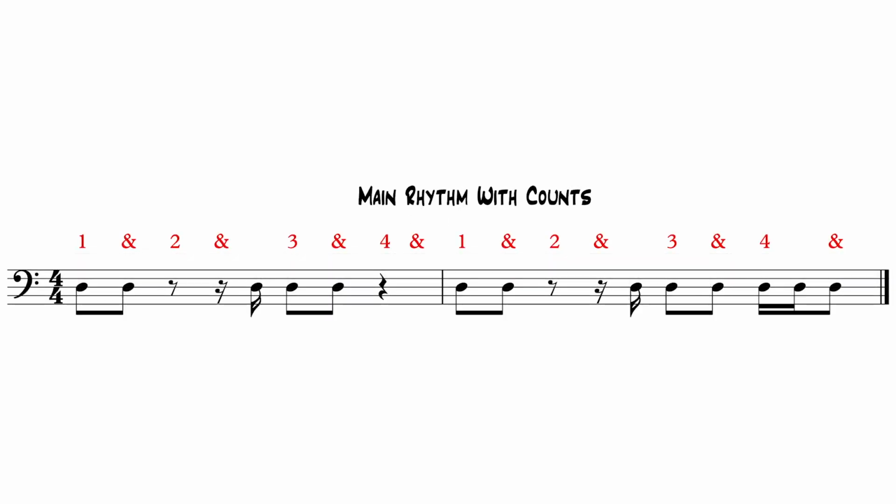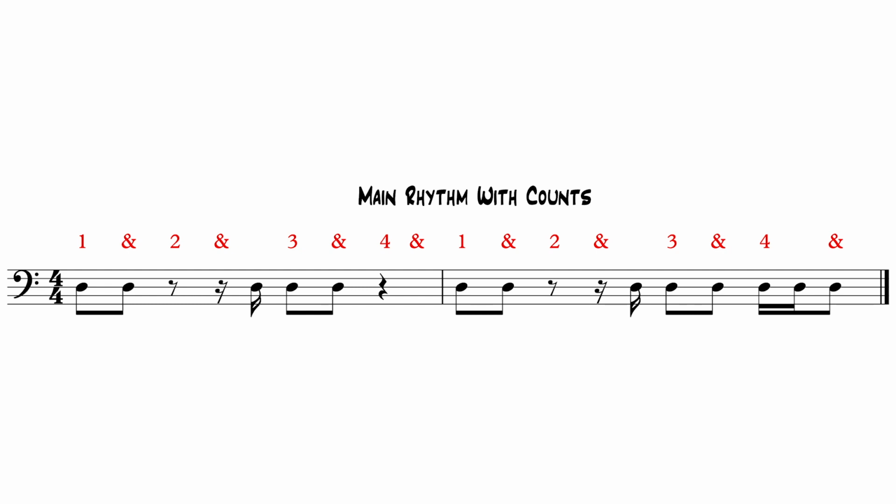So if you look at that groove, we can see in the first beat we've got 2 eighth notes. So we just count 1 and. And then on beat 2, we've got a rest, and we haven't got anything till just before the third beat. So we count 1 and 2 and then we play in the gap just before 3. And then on beat 3 we've got 2 eighth notes, and then on beat 4 we've got nothing.